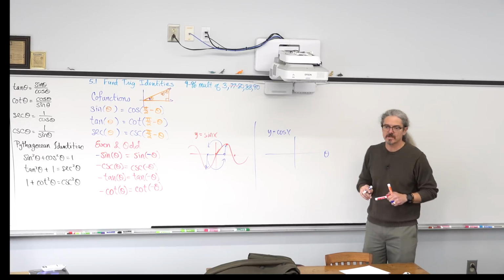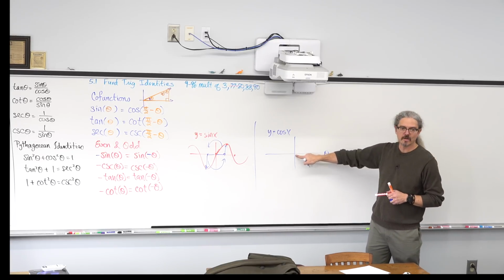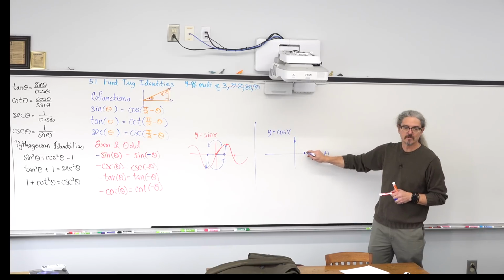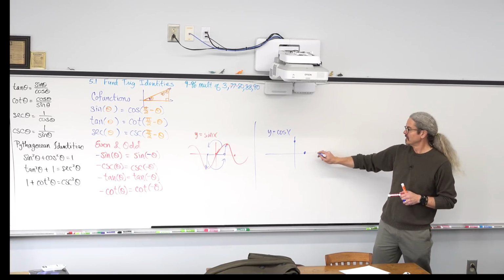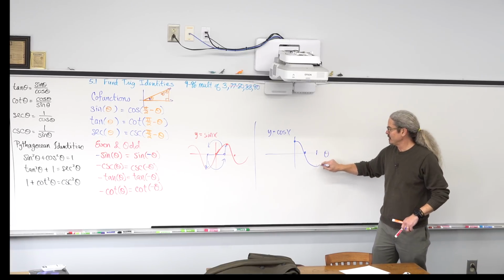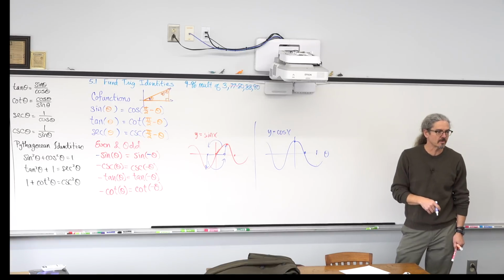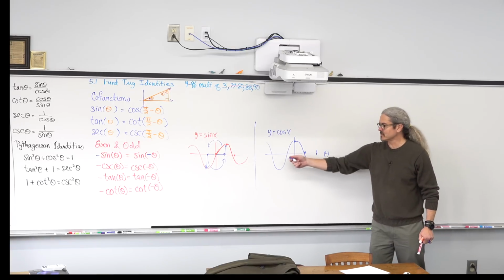So your theta, your x-axis is theta. What's the cosine of 0? 1. What's the cosine of pi over 2? 0. What's the cosine of pi? -1. And so if you just sketch this out or picture what that cosine function looks like in your head, that's a function that's symmetric to the y-axis,